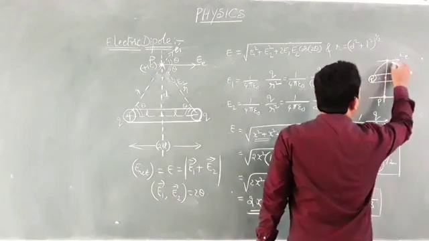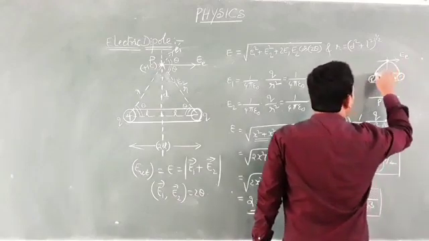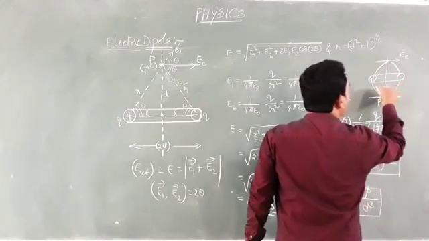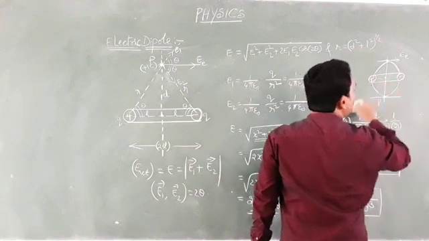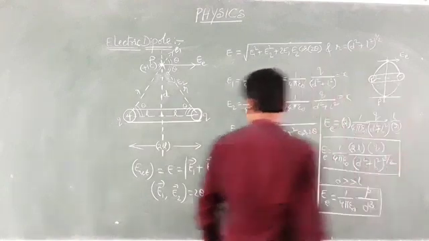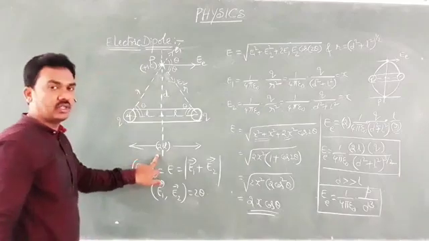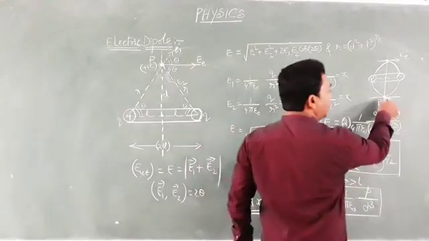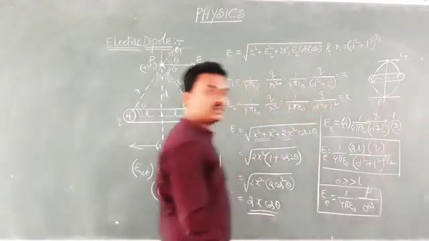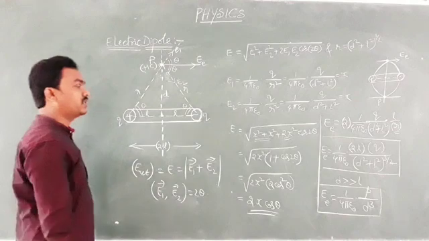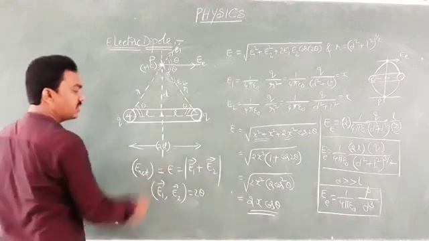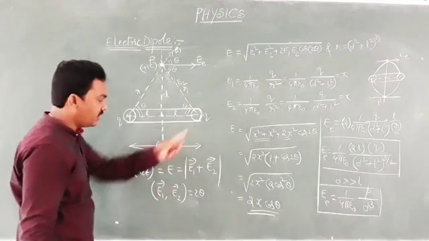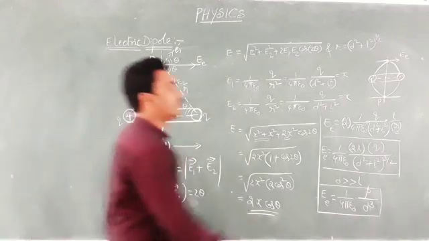Of course, at that particular point, tangentially you can explain. Similarly, here also. If you have taken a point on the other side, what is the direction of electric field intensity at this point? Can you expect? Very simple. This is in this way, and due to this negative charge in this way, so certainly the resultant will be in this way.